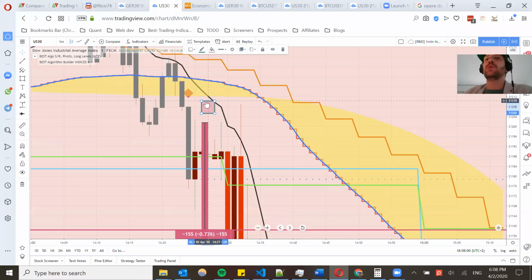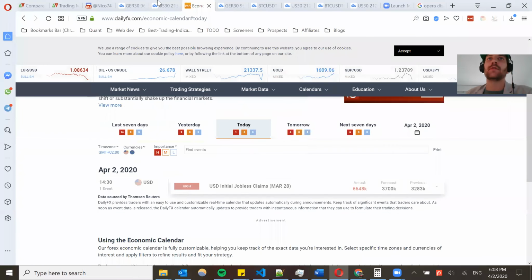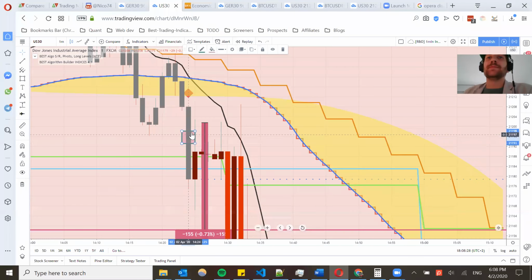So I will really wait for a pullback past this pattern. Cool. So my signal is here, at 2 p.m. past 24, and I know we are in second cycle, and I know that in 5 minutes there is this big event. So if I aim for a pullback near here, so let's say